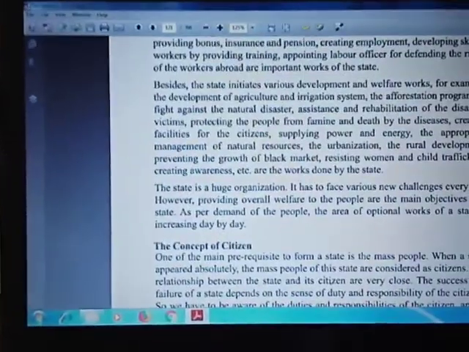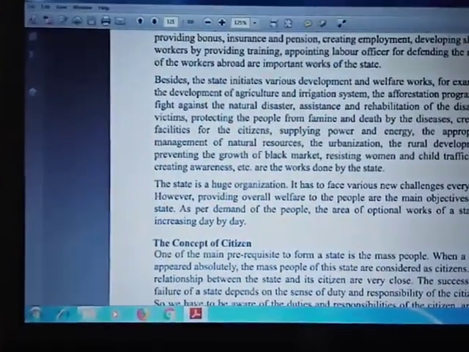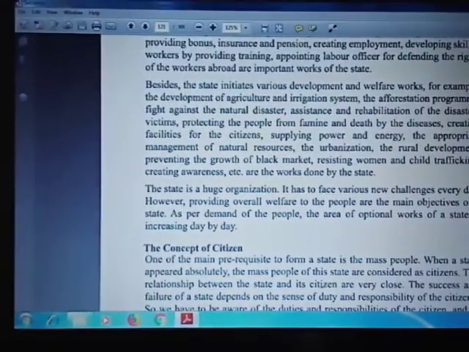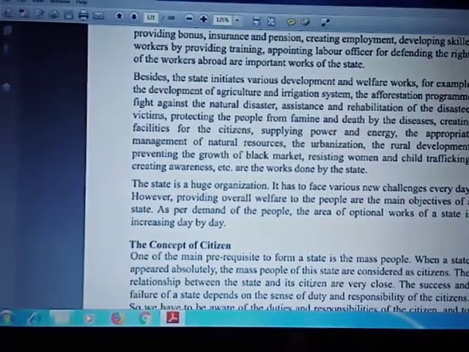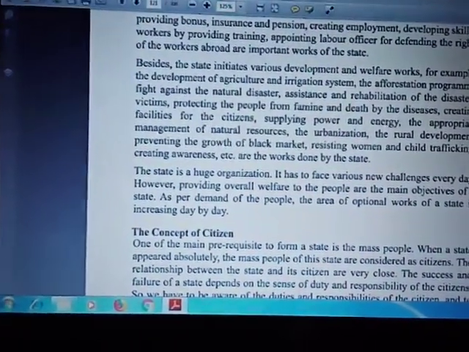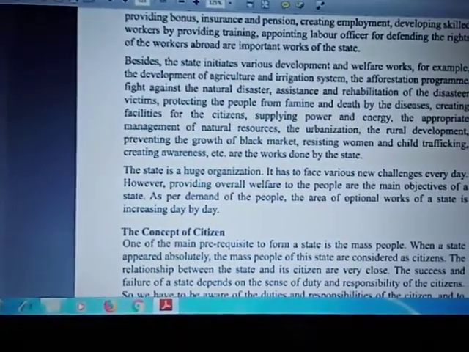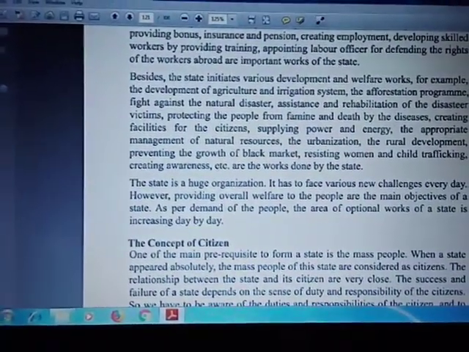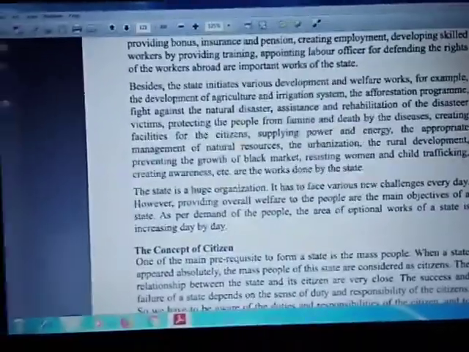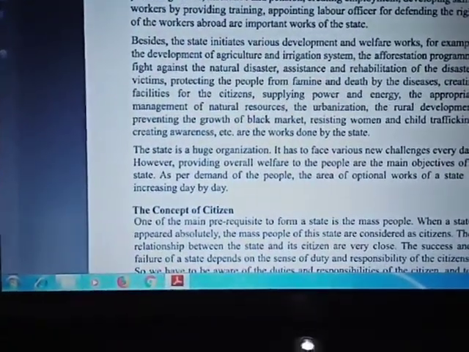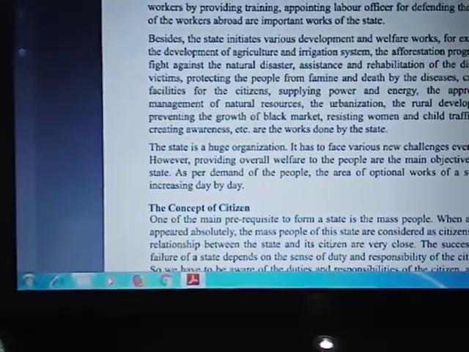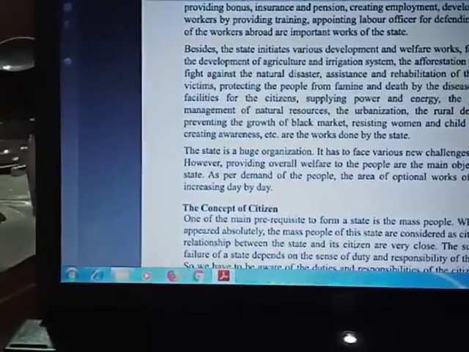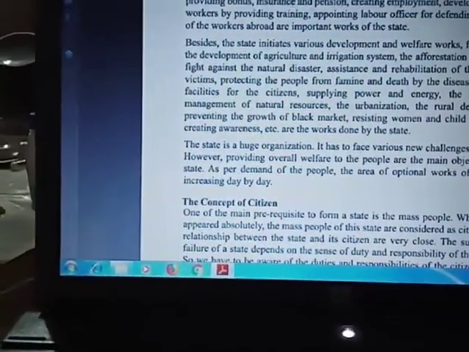Besides, the state initiates various development and welfare works. For example, the development of agriculture and irrigation systems, afforestation programs, and fighting against natural disasters. Now, the burning issue in the world, the world thinkers thought about protecting against natural disasters, protecting the environment, and gender issues. They talk more on gender issues, protecting the environment, and